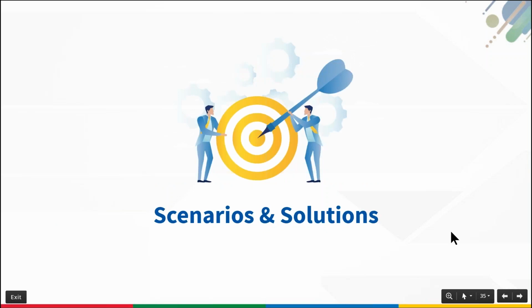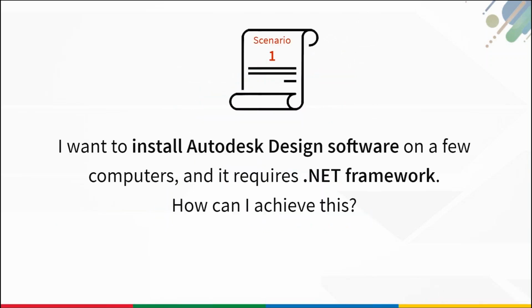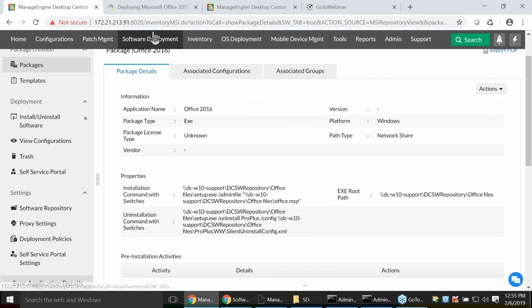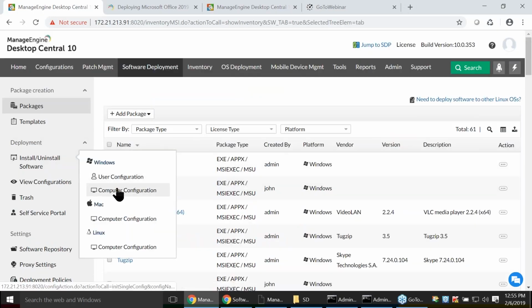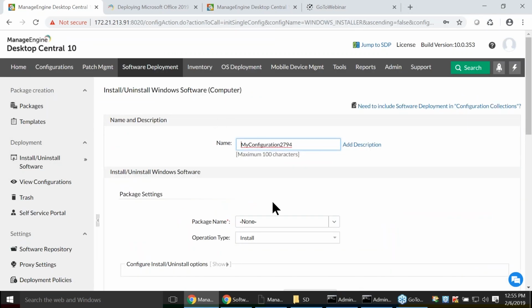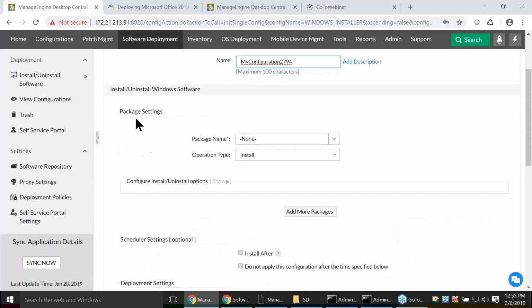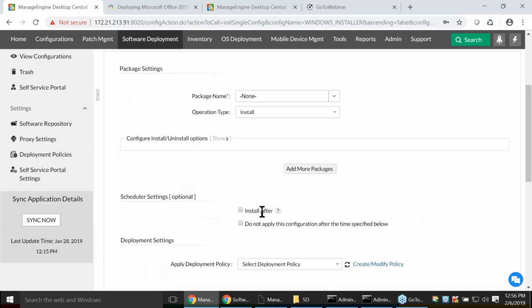Now let's discuss some commonly encountered scenarios or solutions. Scenario 1: I want to install Autodesk design software on a few computers and it requires a .NET framework. How can I achieve this? All you have to do is go to software deployment, go to install or uninstall software, select a computer configuration. And when you go to add package,